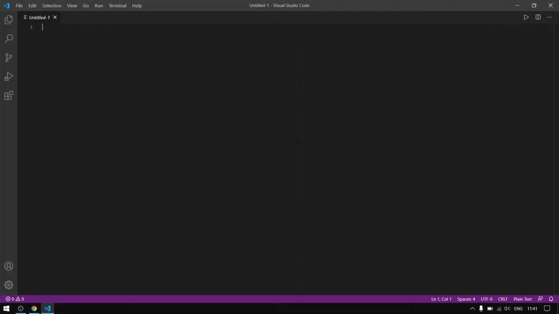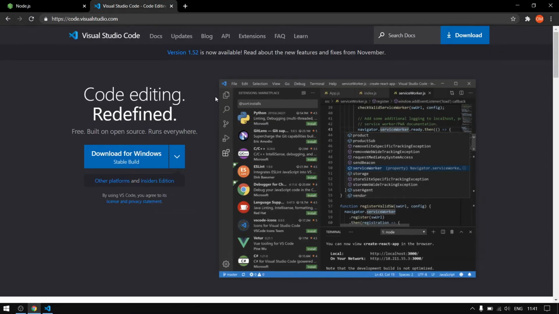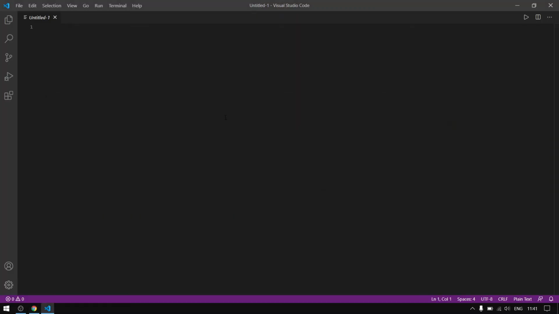That's about that. We will be starting React.js, how React.js works, what the folder structure of React.js is, how to start React.js, how to create a React.js app, everything from the next video. So you must install Node and Visual Studio from here. Now, as we have learned how Visual Studio is installed and how to use it, we can get to the command prompt.